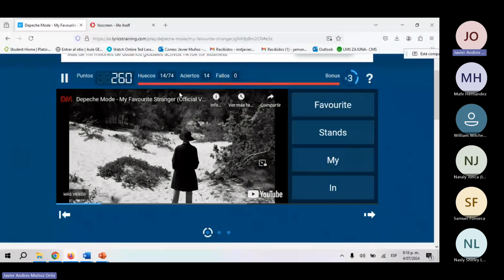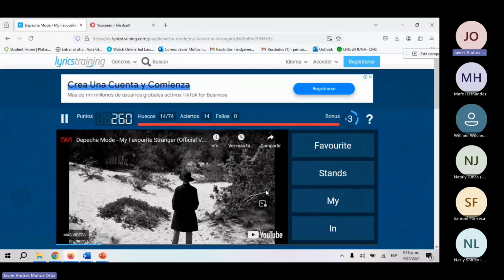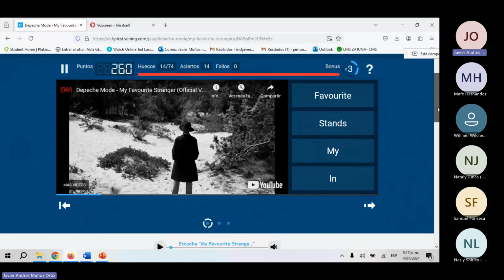So I like this platform because you can improve your listening skills and your writing skills with this. So maybe you don't know how to write favorite. You know the pronunciation is favorite, but here is the typing. Favourite. Perhaps you thought that it was Favorit. So with the lyrics here, you will be able to know how to type correctly.